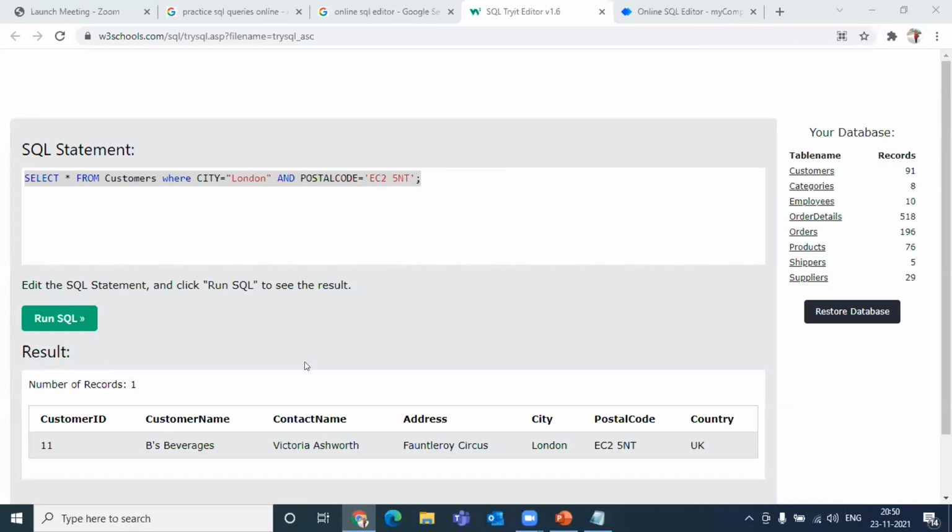SQL joins. Okay, so we did not do joins, but what is a join? It's a statement majorly used to combine two tables. So let's say you had a table A, which was orders, and table 2, which was customers. You have some common field between both of these tables, and you wanted to get information from more than one table. Sometimes when you have to get information from more than one table, you can use a join.